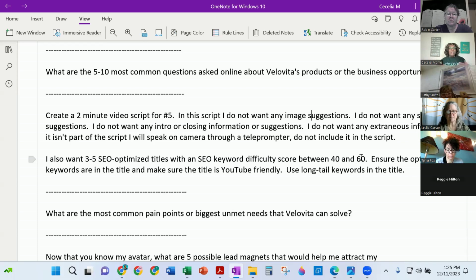So what I found in my research and from training with other people who are YouTube experts is a keyword score between 40 and 60 is the sweet spot. It's got enough people searching for it that they can find you, or that they'll be looking for your solution, not yours specifically, but they'll be looking for the solution you offer. And it's low enough to where it's not overly saturated.